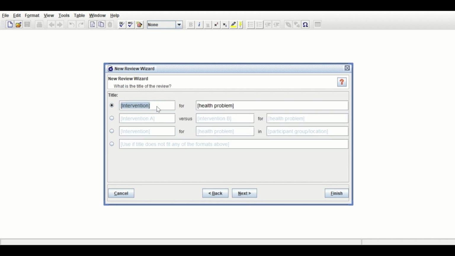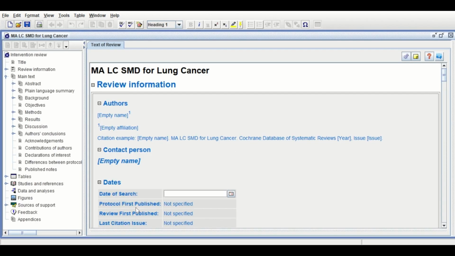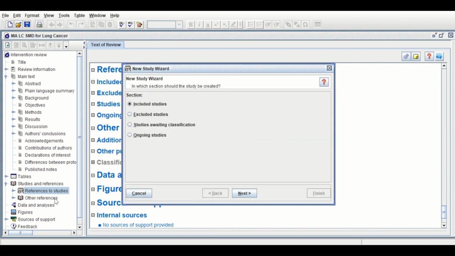what is the title of the review? Let's call it Meta-Analyses of LC using standardized mean difference for, let's say, lung cancer. Then click on next and then select the full review and then click on finish. An output is generated. Click on the studies and references, then references to studies, and right click on add study,